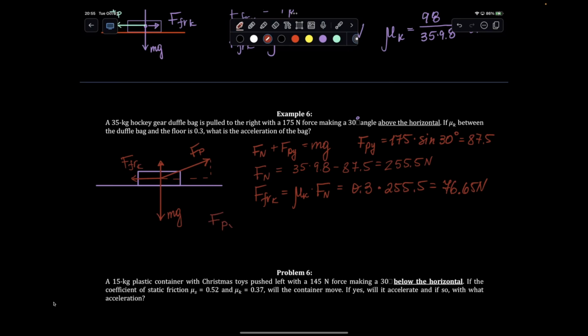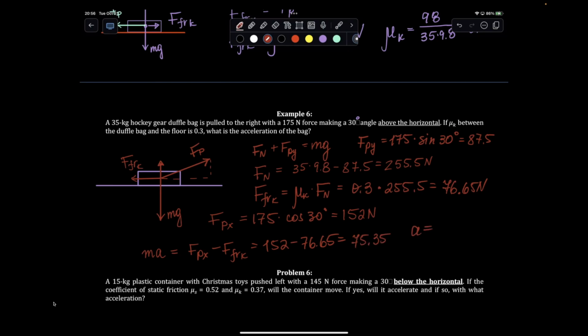So force of pull X is going to be 175 times cosine of 30 degrees. So 152 newtons is my FPX. Then if I want to find my mass times acceleration, which is net force, I will take FPX and subtract force of friction, kinetic, from it. So it's 152 minus 76.65 is